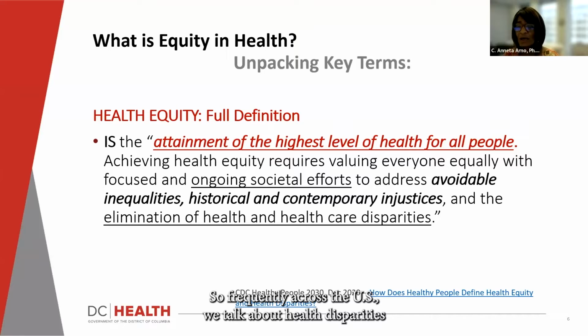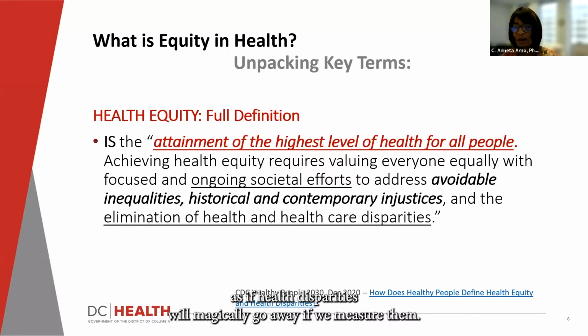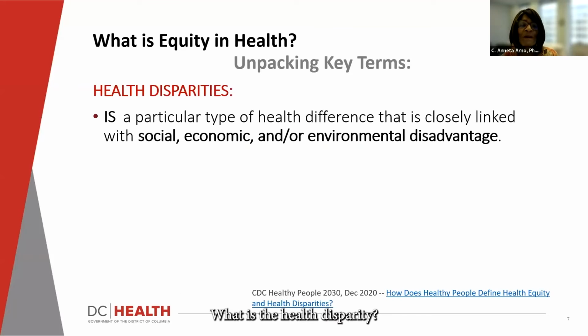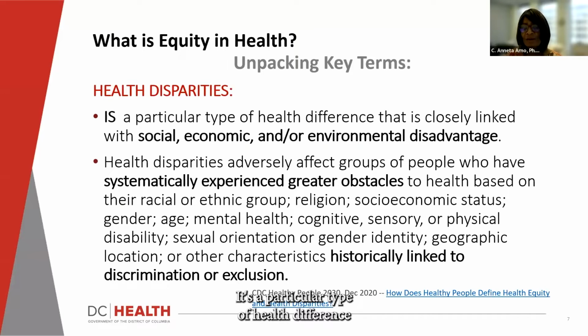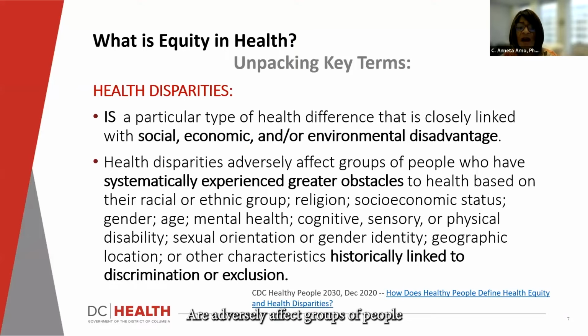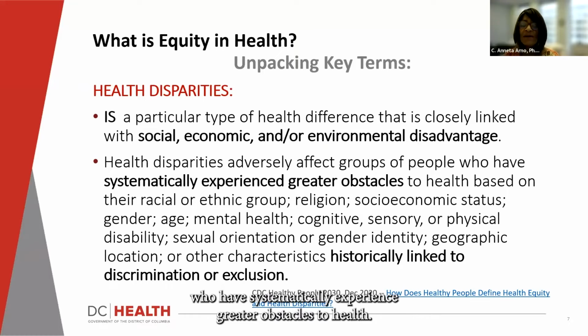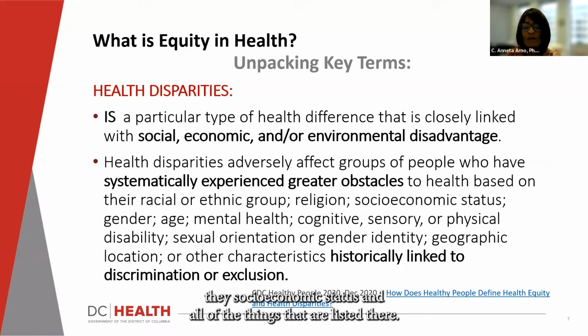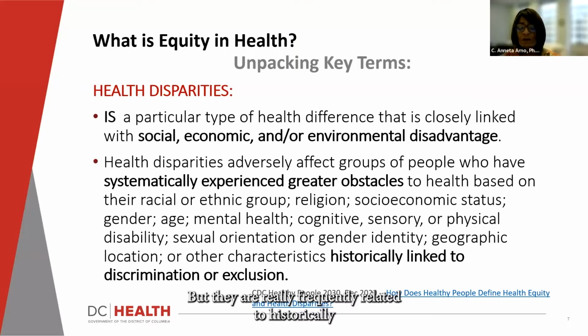So frequently across the US, we talk about health disparities as if health disparities will magically go away if we measure them. What we actually have to do is address the inequities and the historic and contemporary injustices. So we still have more. What is a health disparity? It's a particular type of health difference that is closely linked with social, economic, and environmental disadvantage, right? So we're not talking about traditional health care narrowly described. Health disparities adversely affect groups of people who have systematically experienced greater obstacles to health. And that's usually based on their race, their ethnic group, their religion, their socioeconomic status, and all of the things that are listed there. But they're really frequently related to historic